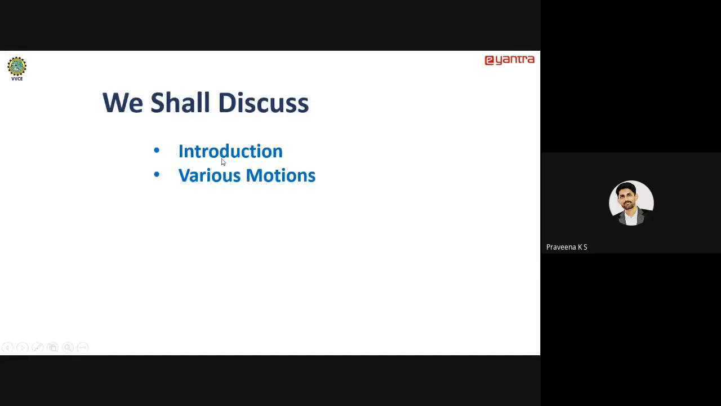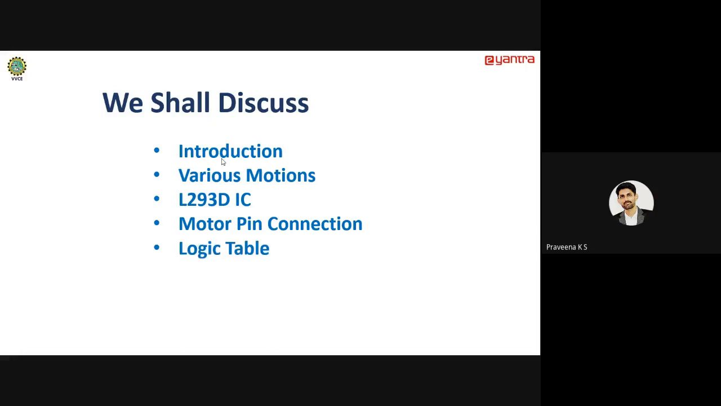an introduction: what are the primary things that we need to know before we study direction control. Then we see different types of motions, so different directions. Then we're going to study one of the important ICs called the L293D IC. We'll see what this is and all. Then how to set and reset and all those things. Then the logic table for controlling the different directions. So what are the values